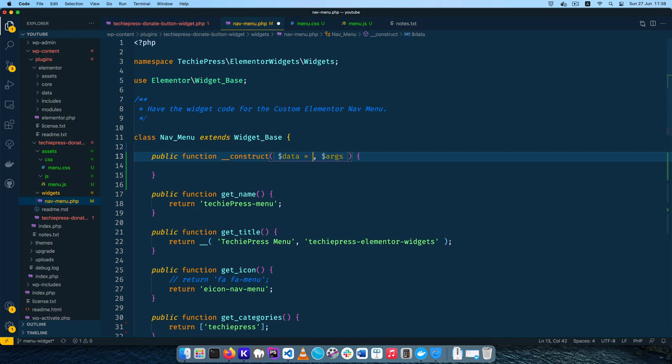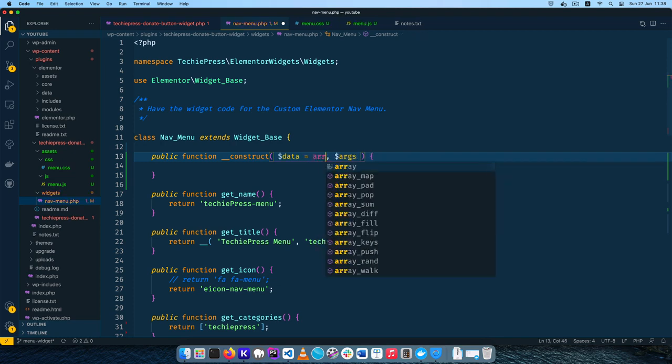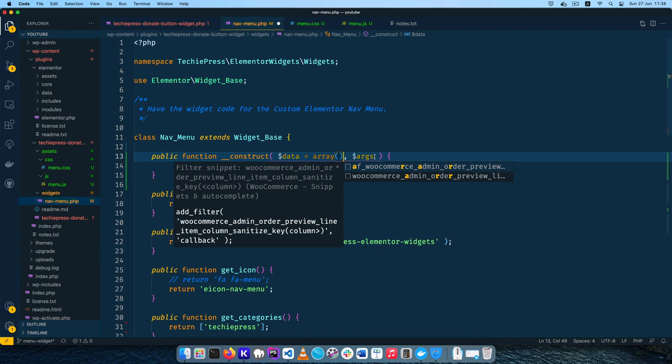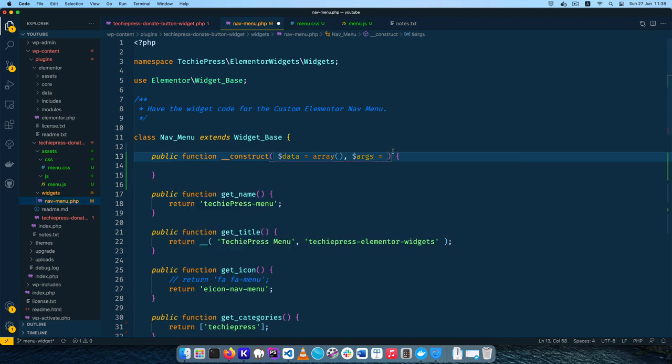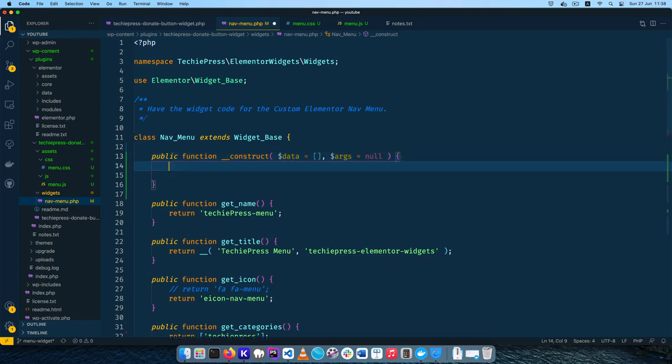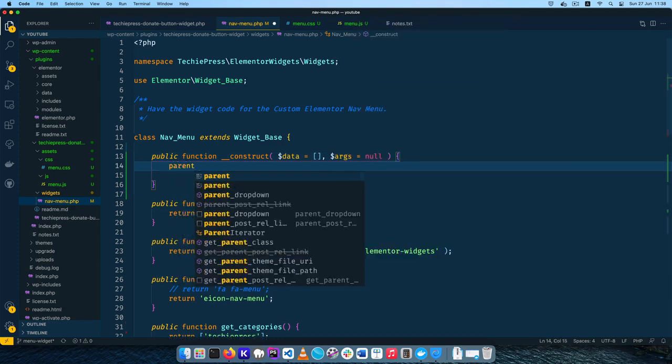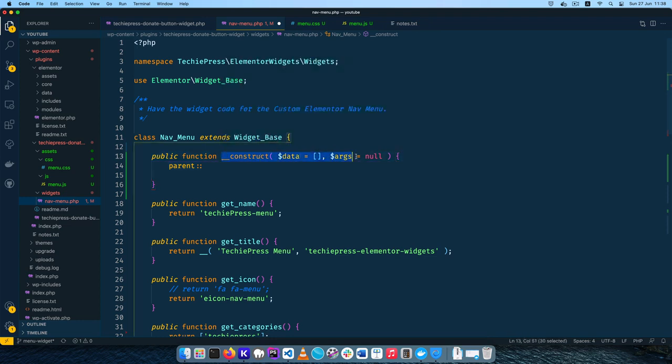This data will have to equal an empty array, so you can write that as an array, and then the arguments can equal null as a data type. You can write this in short, because we're using PHP 5.6 and above, and just say the data will equal that, and inside that we're going to tap the parent class. Inside the parent class we're also going to copy this method and say we are tapping the parent class's construct, we're going to use the data, and we're going to use the args as well,